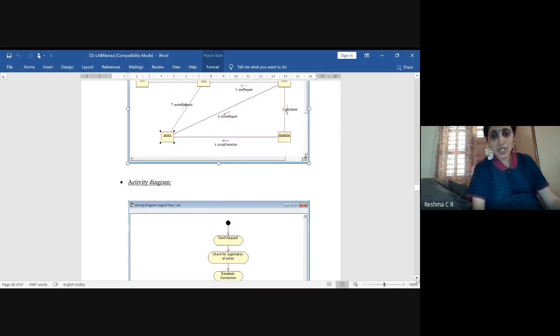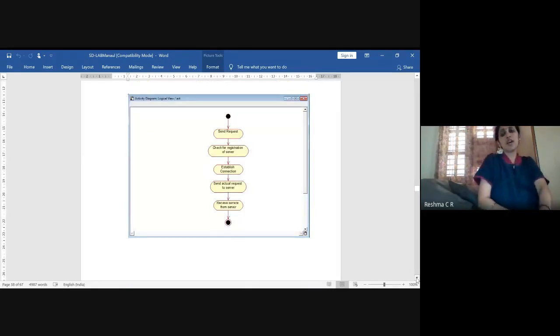So next is an activity diagram. In this activity diagram, what happens? First, it will send a request. The dispatcher will check for the registration of the server. Once the registration of the server is identified, it will establish the connection. Once the connection is established, it will send the actual request to the server.